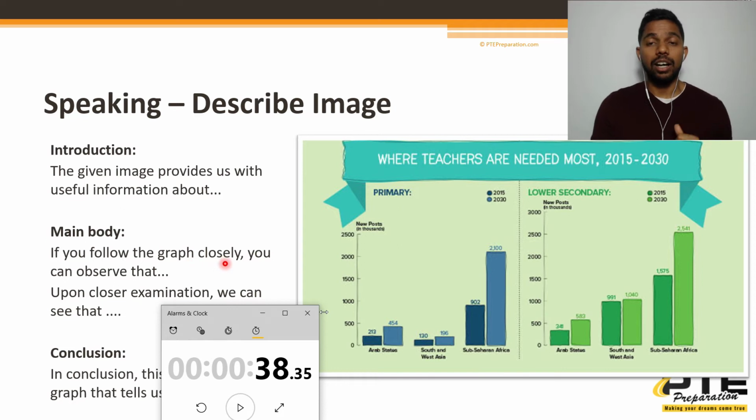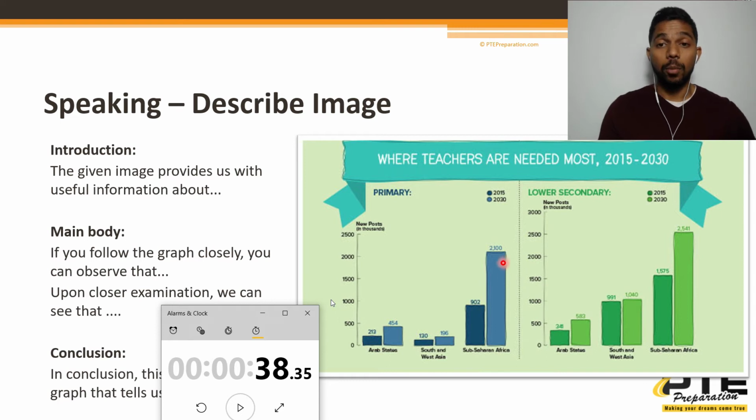So again, the reason why it was a good answer is because there were minimal pauses and hesitations, and I moved fluently from one sentence to another, not getting stuck on any one particular point. I covered reasonably well the major points of this image. Now this is, I would say, a more complicated image than what you get in the exam. It's slightly more difficult than normal images. And I included this just to show that you're always going to have images where there's more information than you can convey, right? So you just need to talk about the important points.